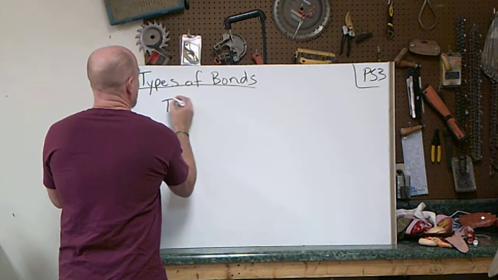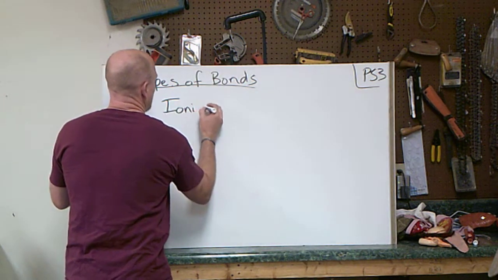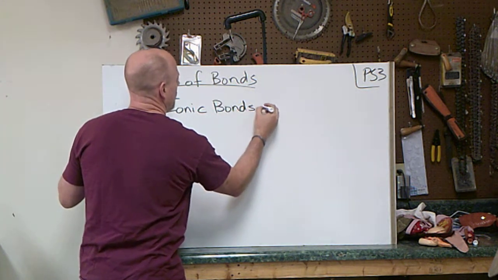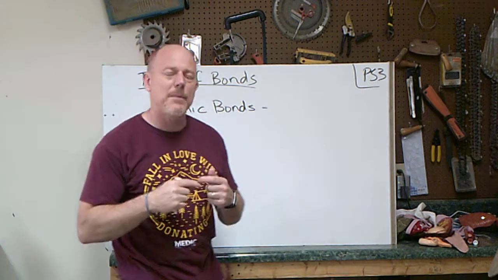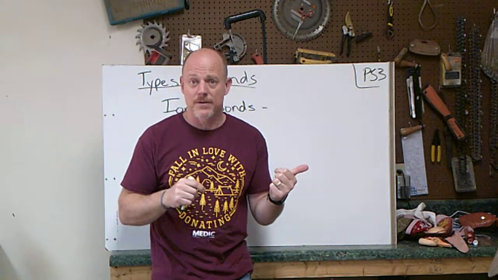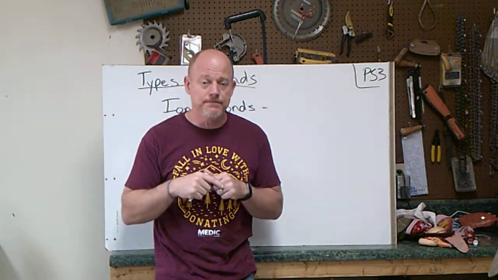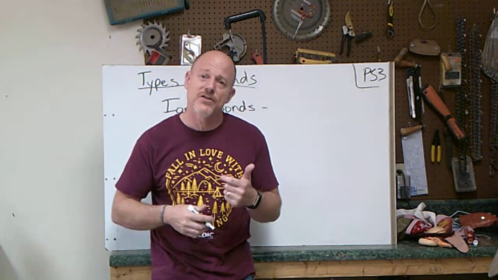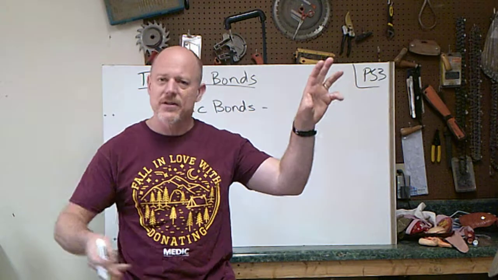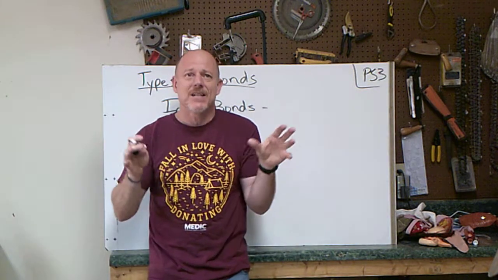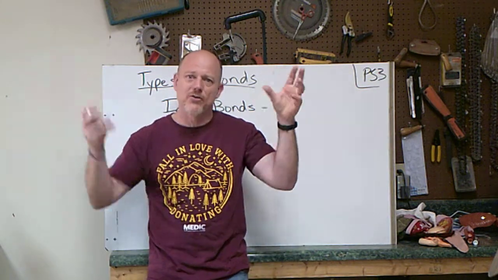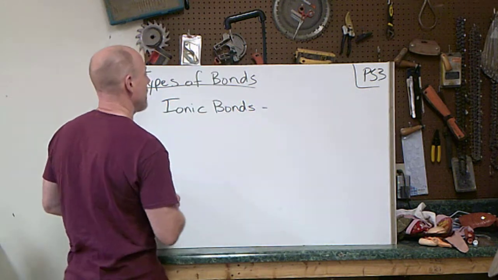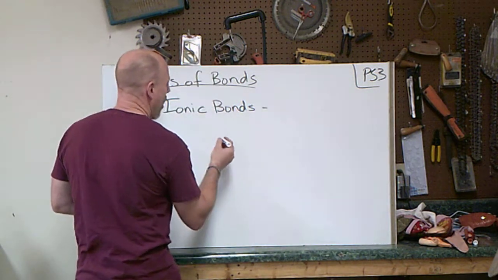One of the types of bonds that you have to know about is this thing called ionic bonds. Ionic bonds are the force of attraction between oppositely charged elements, oppositely charged things. Now this is what you know about already because we've been talking about oxidation numbers. You know that some of them are positive and some of them are negative, and in this case opposites attract. A positive will be attracted to a negative, but what happens is in ionic bonds, one tends to hog